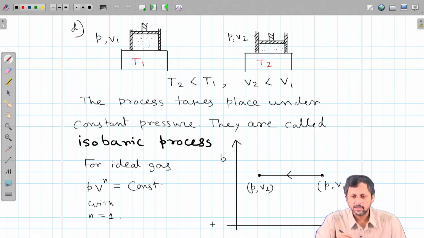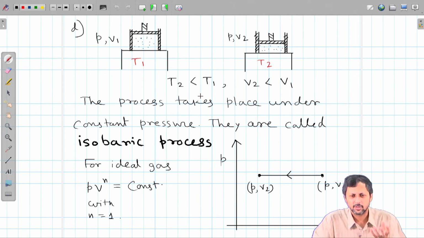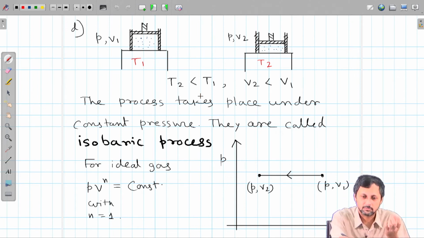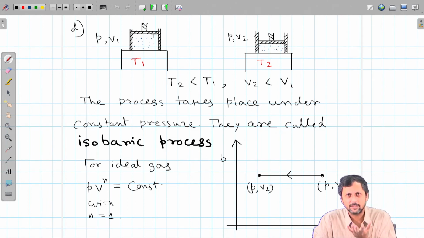Similarly, if we now maintain the process such that we change the temperature while maintaining the pressure inside the cylinder, it is very simple. If the second heat bath T2 is less than T1, then what happens? The pressure drops. Let us assume this pressure inside is just good enough to hold the piston in a floating position. Now, when we place it on another heat bath where temperature is low, what happens is the pressure